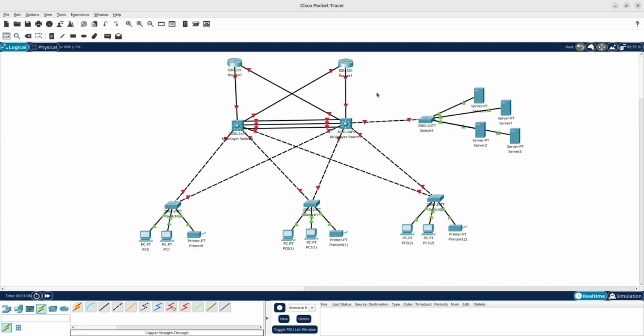So now we have our routers. So this will be our R1. This will be our R2. This will be our multi-layer switch 1. This will be our multi-layer switch 2. This will be our